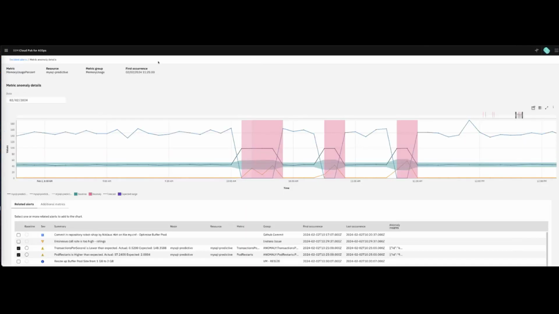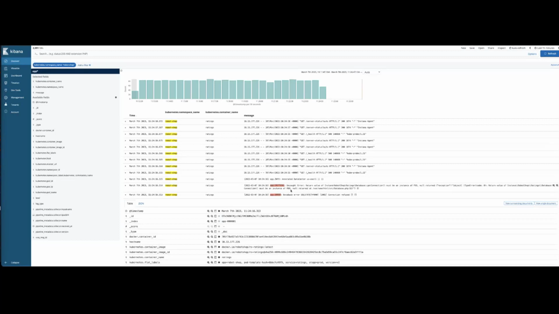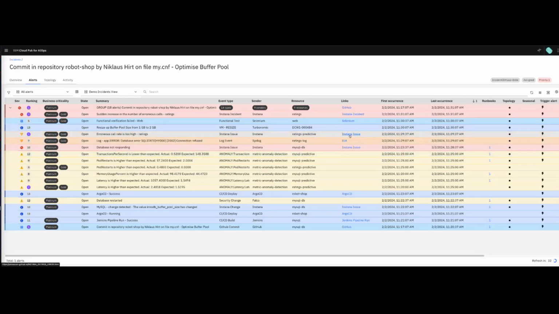If I go back to the incidents and alerts, let's just wrap this up. So I have my anomalies. Then Instana has seen, oh, by the way, Instana has seen that there has been a change. Okay, again, this InnoDB buffer pool change has changed. That's coming from Instana, so from the APM. Database is not responding, coming from here. I have an error in the logs, in the ELK, so I get a database error from SQL state, then I have functional verification problems, and in the end, I get an Instana incident,